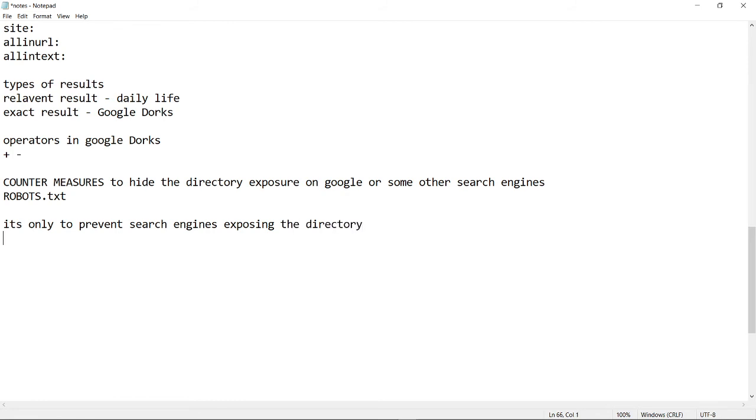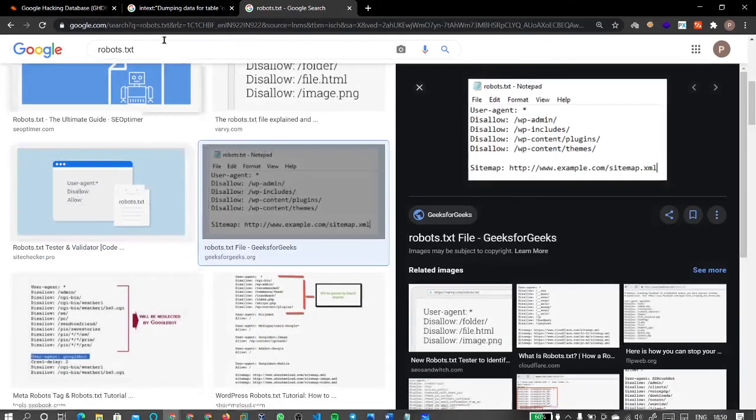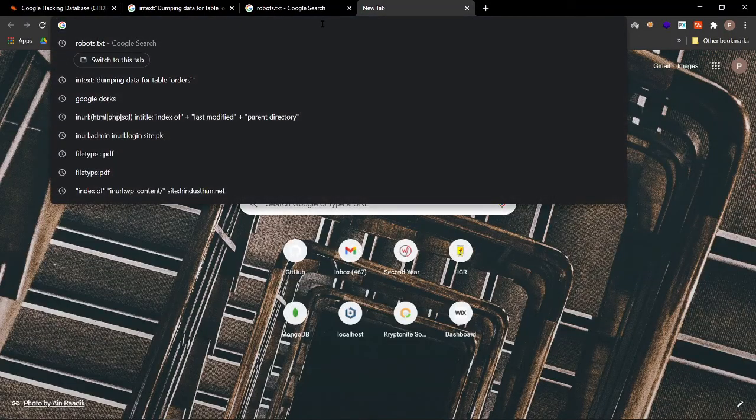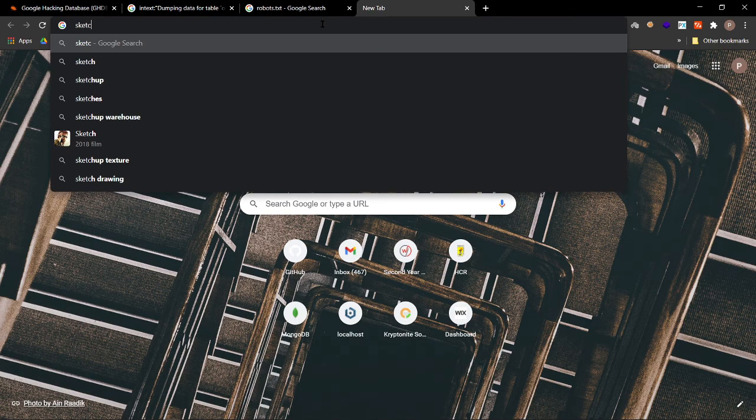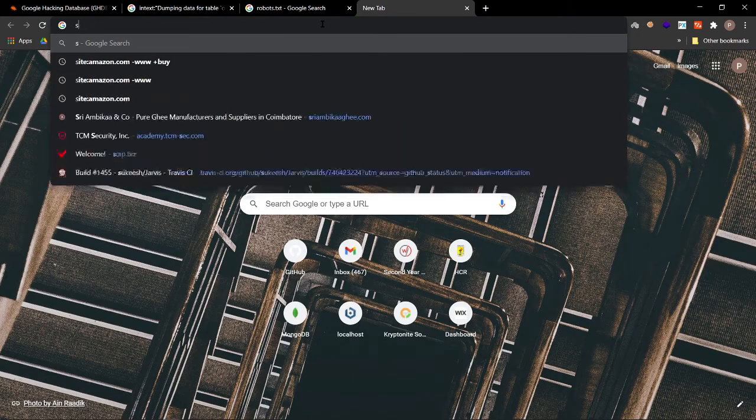But what if we type it manually in the URL? Think that we are typing the path in the URL directly. I'll show you an example. Okay, let me take SKETC, Shakti College. Yes. Okay, Krishna, I'll take.